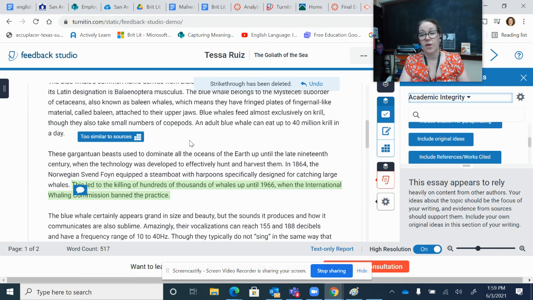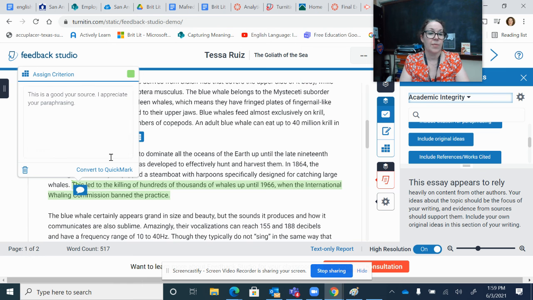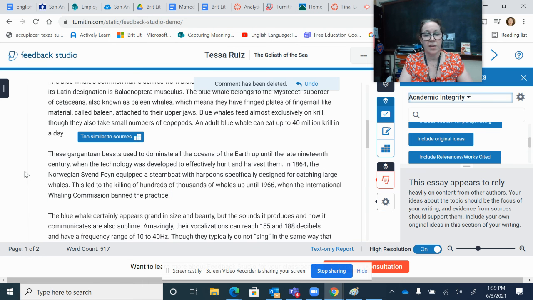Then you can get rid of it. Okay, so you're not beyond the point of no return. Sometimes we make a comment and we realize we're wrong. God forbid. You can say, oh, I'm going to get rid of this comment for whatever reason. Then you can just get rid of it. So it's pretty cool that you can